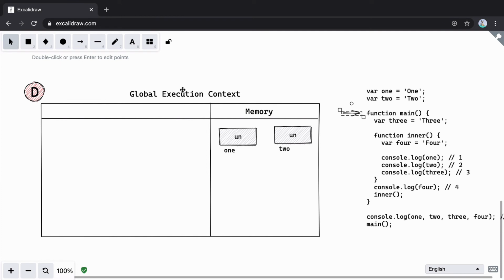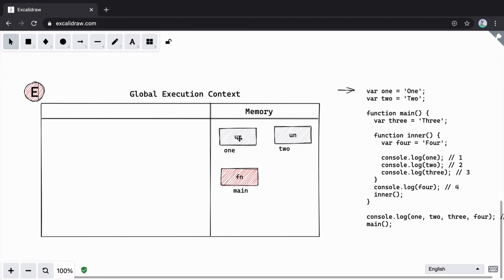Then we have another function. So let's create a function. The name of the function is main, and it is a function. We'll skip all these lines and come to the last part. Here in last 2 lines we see 2 function calls. In declaration phase we'll not do anything. So declaration phase is over. We'll move on to execution phase.